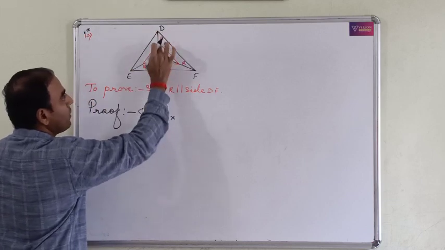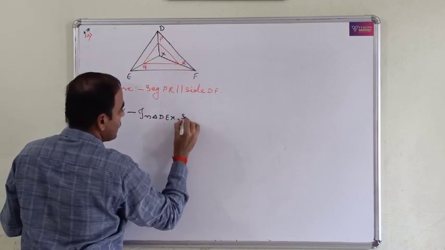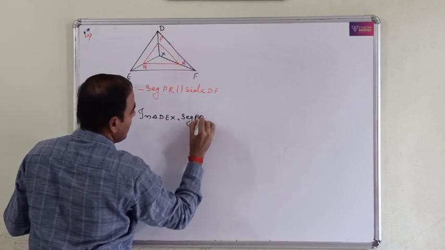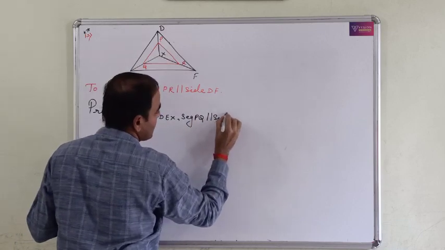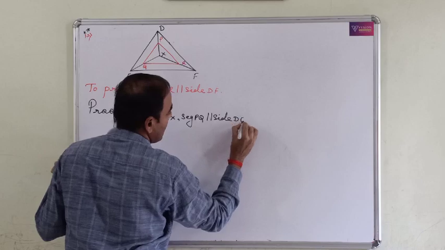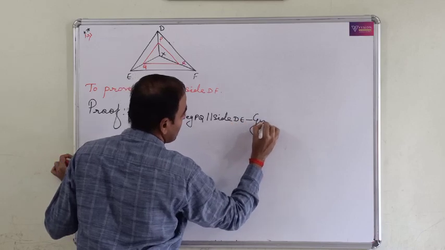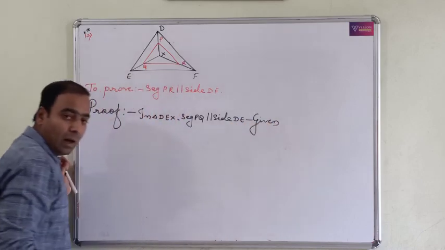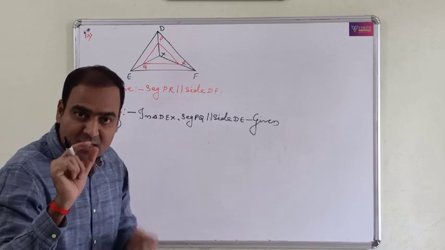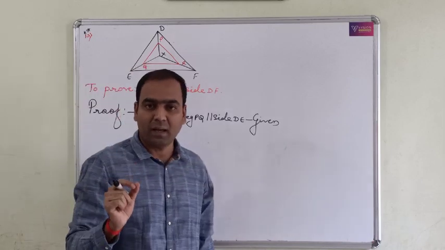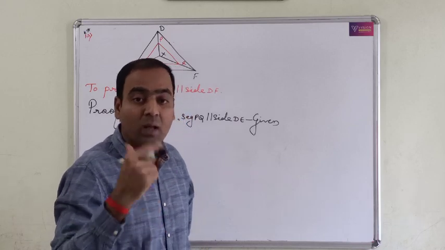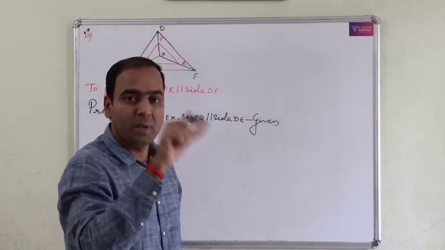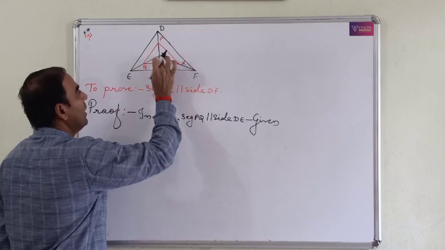In triangle DEX, segment PQ is parallel to side DE. It is given. What is the reason? Given. If a line is parallel to a side of a triangle, then it divides the remaining 2 sides in equal ratios. By BPT, we get